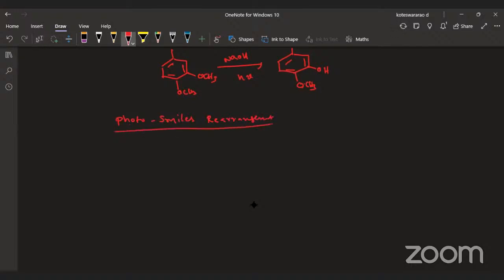Photo-Smiles rearrangement is for exam purposes. It is very important. In that reaction, an alkoxy derivative, an alkyl amine oxy derivative, with a nitro group, CH2, some alkyl group and with the amino group. This is called N